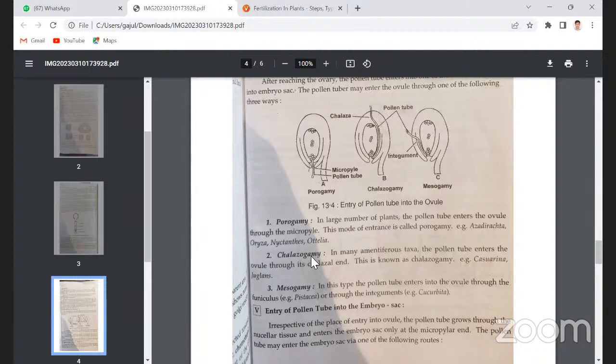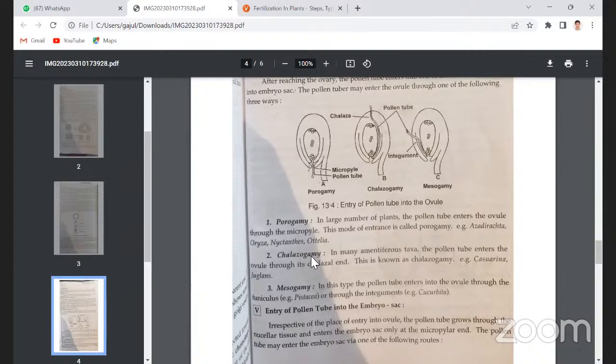Entry of the pollen tube into the ovule, three types. Porogamy: in a large number of plants, the pollen tube enters the ovule through the micropyle. This mode of entrance is called porogamy. What are the examples of porogamy? Azadirachta, Oryza sativa, Nyctanthes, and Ottelia. And the second one is